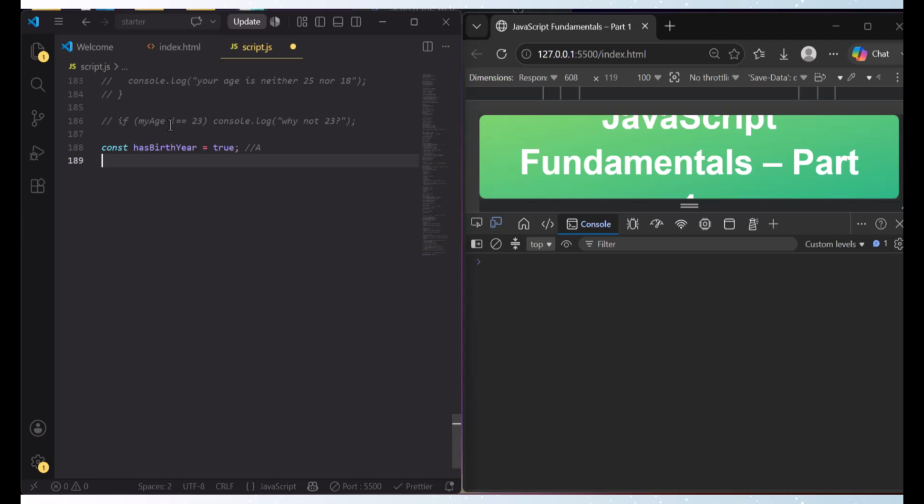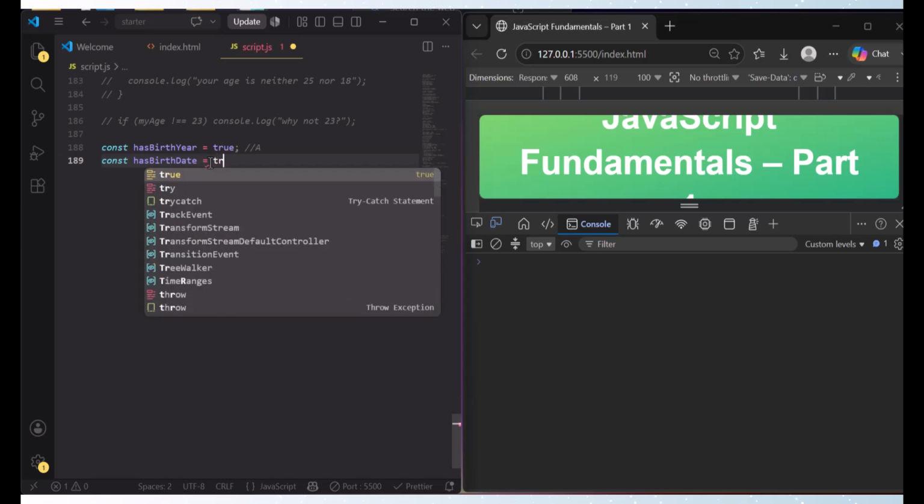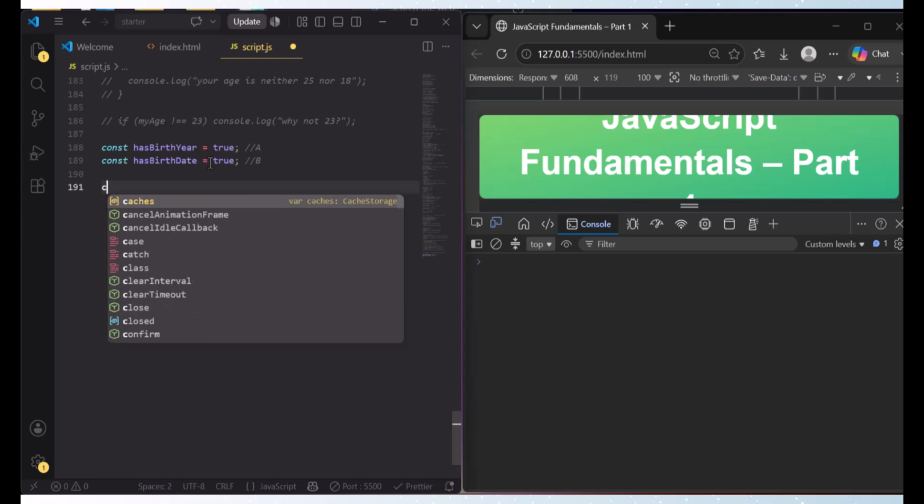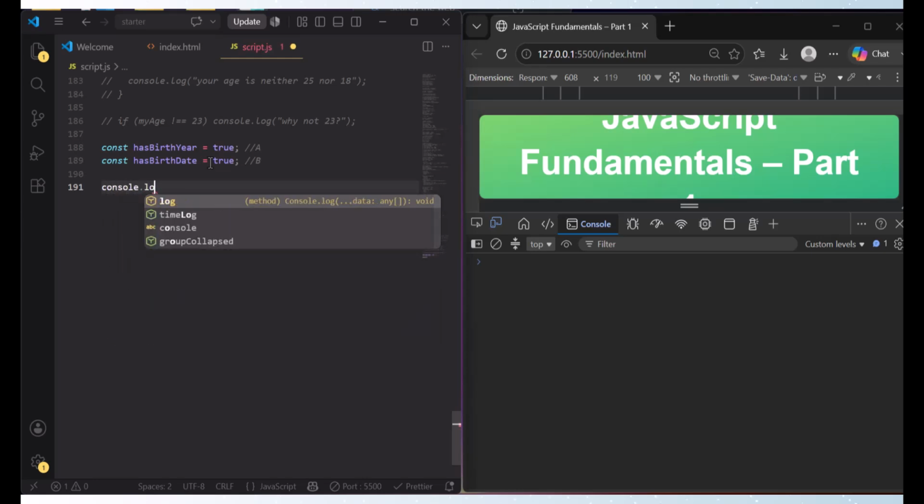And now I'm writing const has birth date, has birth date equal true. Here also I'm giving true and I'm calling it B. And now here I want to console.log